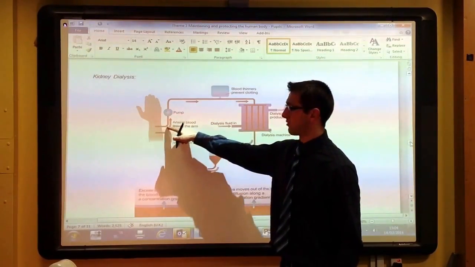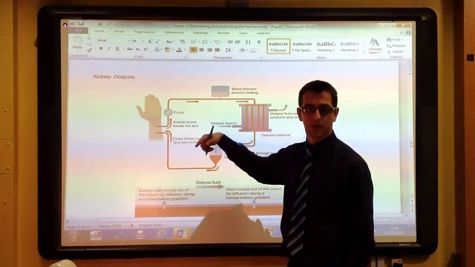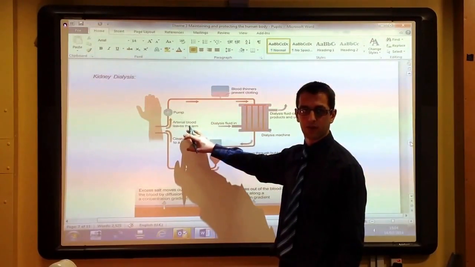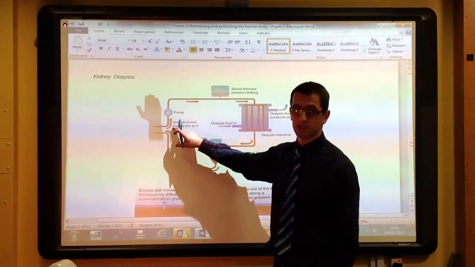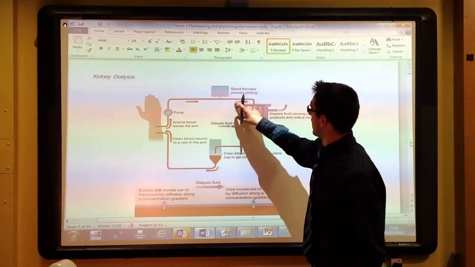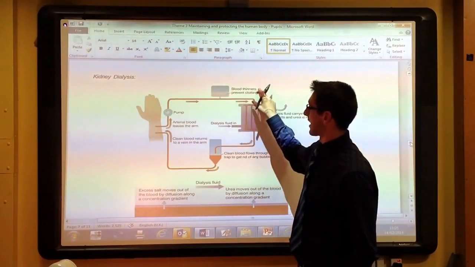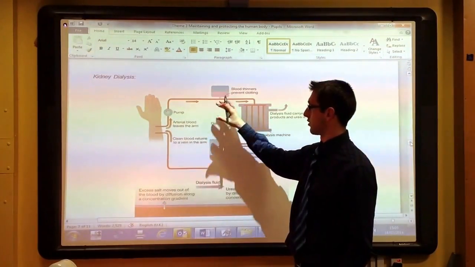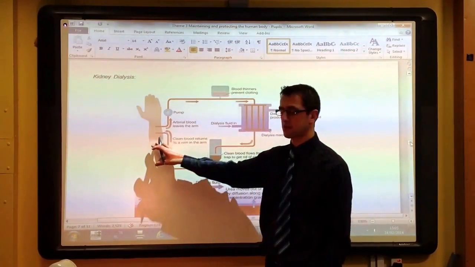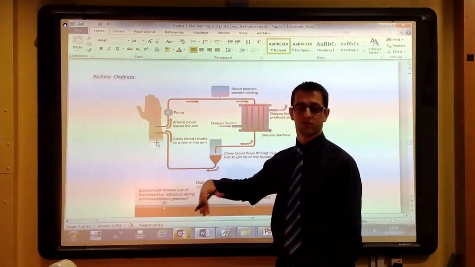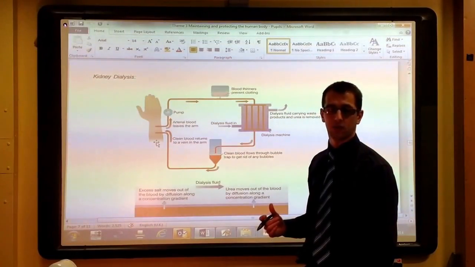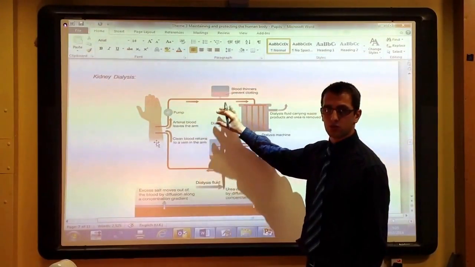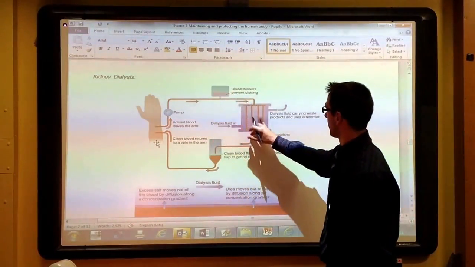The blood then flows out of the patient and it's pumped to maintain an even pressure and to try and remove any bubbles or anything that may have got in as a part of the process of attaching the taps. As it travels through the tubes, various anti-clotting agents are put in, but the last thing that you want to happen is for this blood flowing through to get a clot in it and end up back in the person's body, whereby a clot's floating around and could get lodged in a narrow vessel like the brain, causing a stroke. So blood thinners to keep it nice and watery, anti-clotting agents are all added,